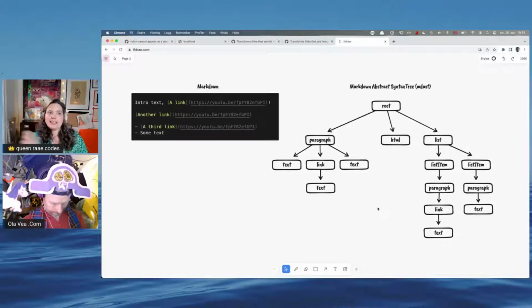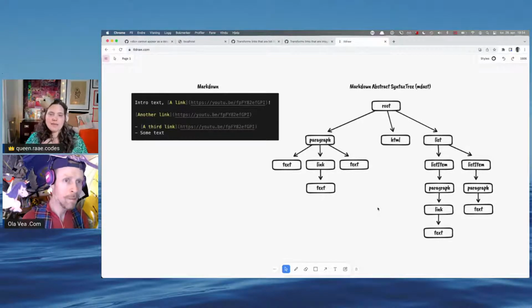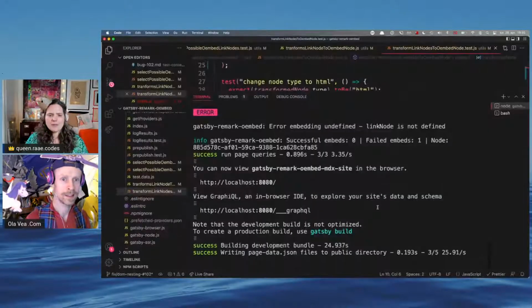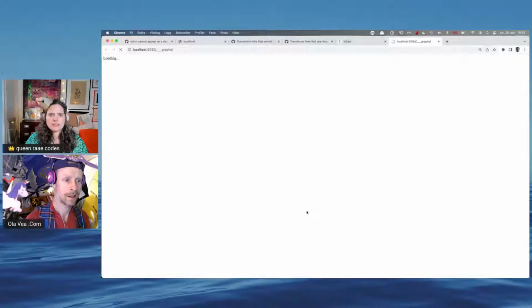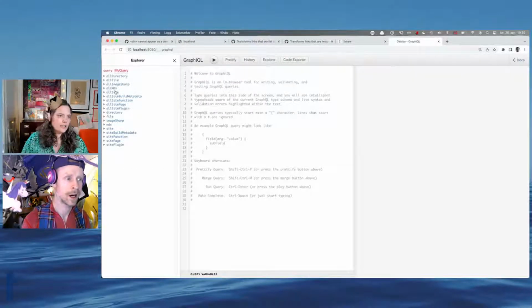So you're sending that tree information, that MDX information, into a component that then knows how to render the tree. While when we're in Markdown land with Gatsby, we often get that outputted HTML, and we send that into our component. I think maybe you can do that for Markdown as well, but I say R.